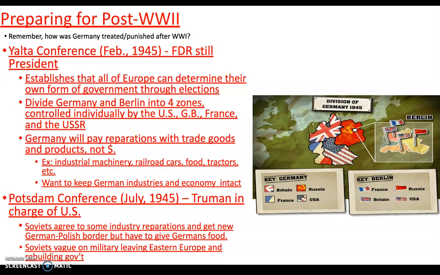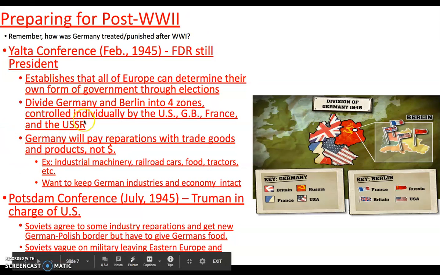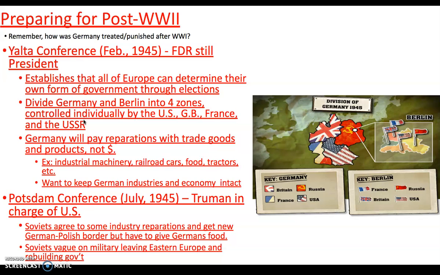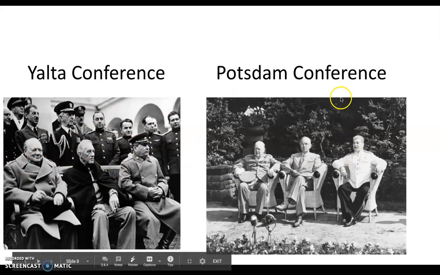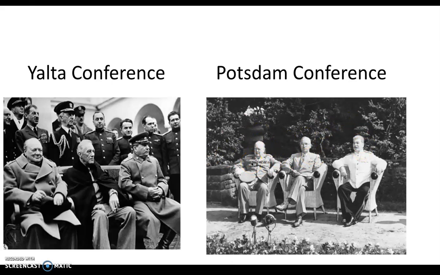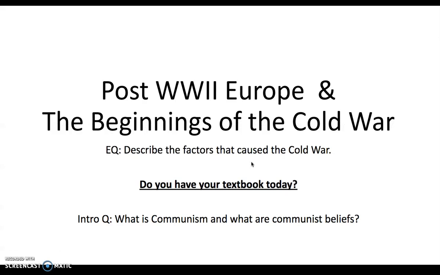All right. At this point, we also know that Harry Truman is aware of the atomic bombs. He has yet to use them on Japan, but he does not mention to the Soviet Union that he has them. So here's our Big Three at the Yalta Conference: the frail, very close to death FDR, Winston Churchill, and Joseph Stalin. At Potsdam, here's Harry Truman, Stalin, and Churchill. Churchill's government actually gets voted out in Great Britain, so he gets replaced at the very end of the conference by Clement Attlee in the British government.